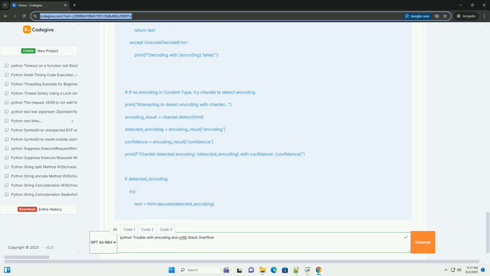Important considerations and best practices. Always explicitly decode. Never rely on implicit decoding with default encodings. Always explicitly specify the encoding when decoding byte data. Use UTF-8. UTF-8 is the preferred encoding for the web and most modern applications. Use it whenever possible. Validate user input. When dealing with user-provided text, for example in search queries, validate that